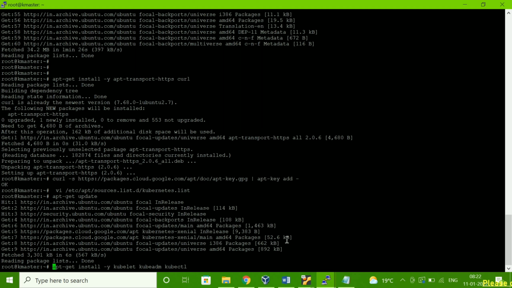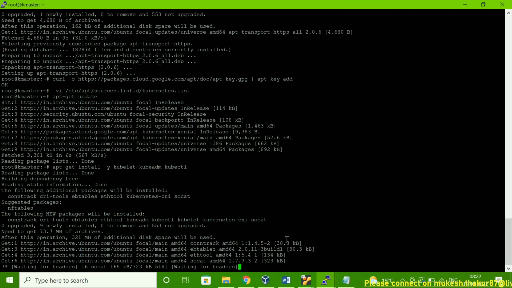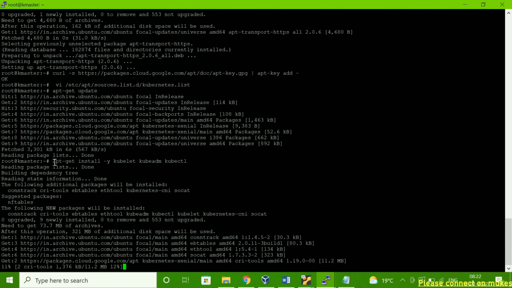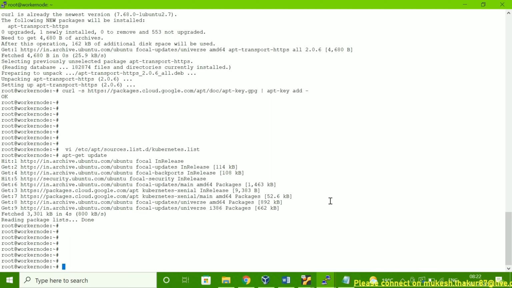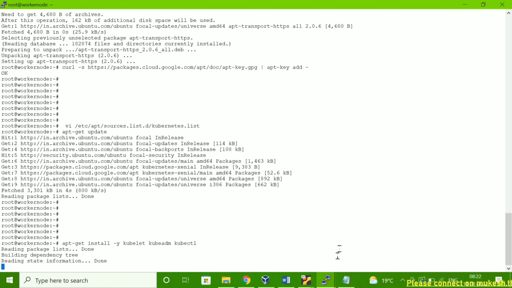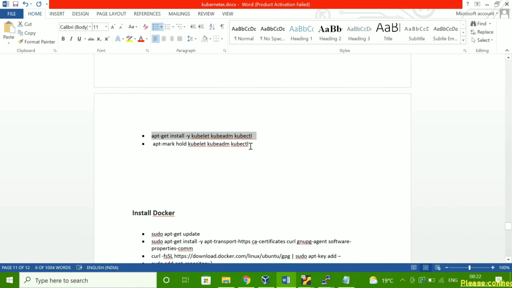Okay, so I'm going to install kubelet, kubeadm and kubectl, these three. The same thing I have to run on the worker node also. Now I have to run this one. Now I am going to hold these packages.